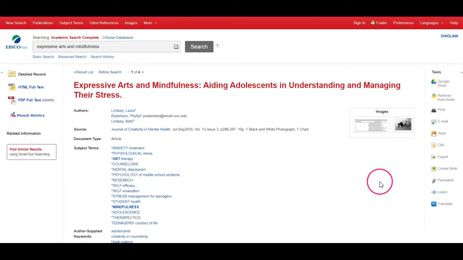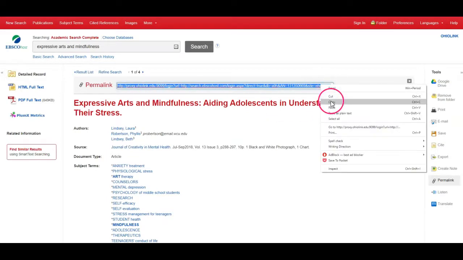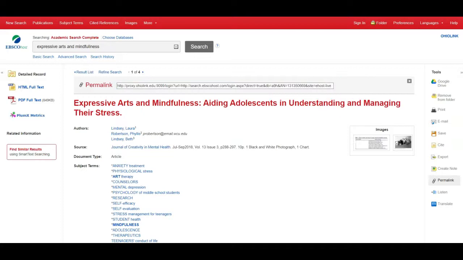The most useful thing here, however, is Permalink. When you click that, you'll see this pop up, Permalink, and there'll be a little window here where you can highlight the URL to copy and then paste it into a document or into your works cited page. Permalink is the link that you want to use if you're putting this into your search strategy document or trying to write your citation. This is the link that will take you directly to the item within the database, as long as you're logged into the database.